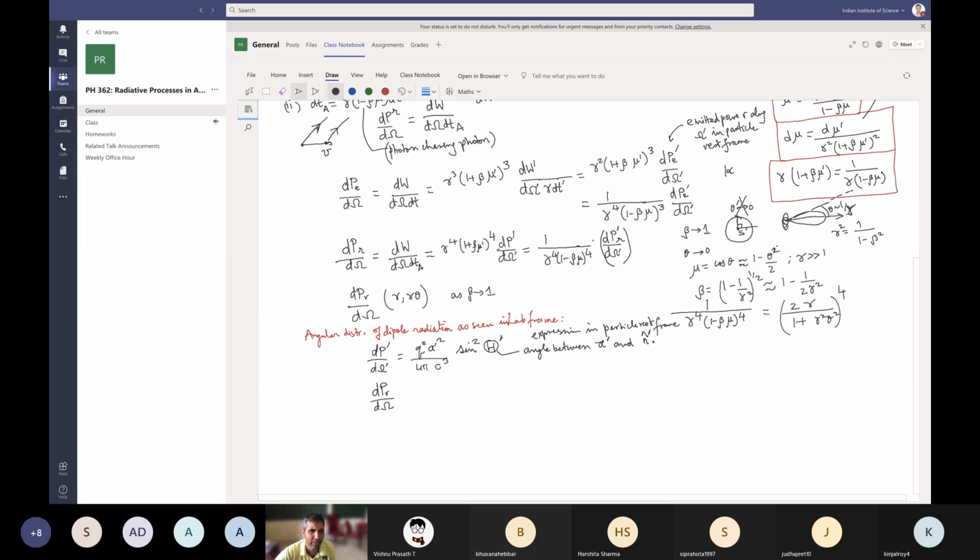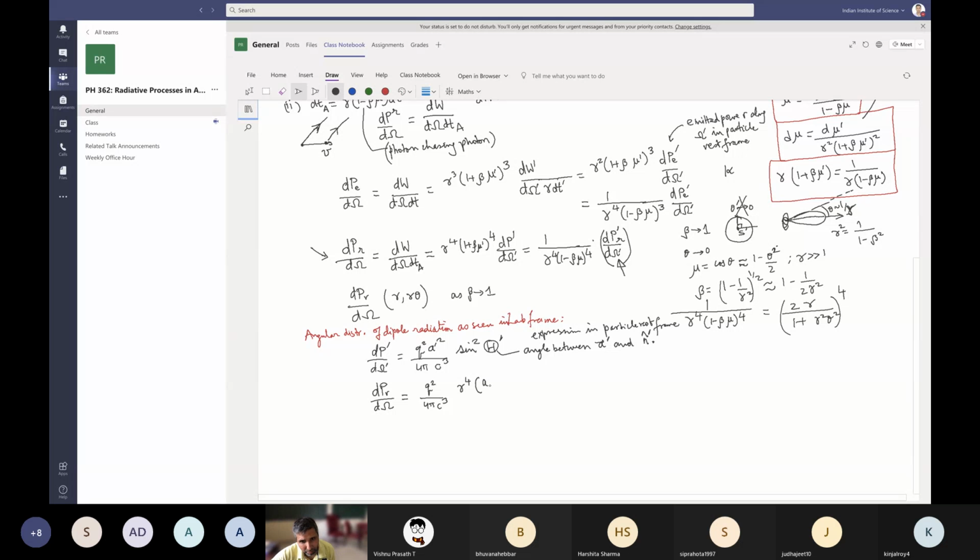Now we'll use this transformation here, looking at the radiation. We'll plug in the value from here. So this is equal to q squared by 4 pi c cubed. What is a prime squared? If you recall from the previous slide, it is gamma to the 4